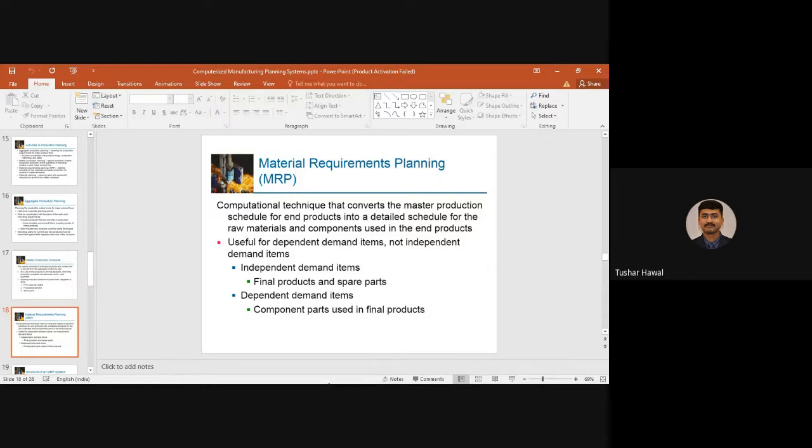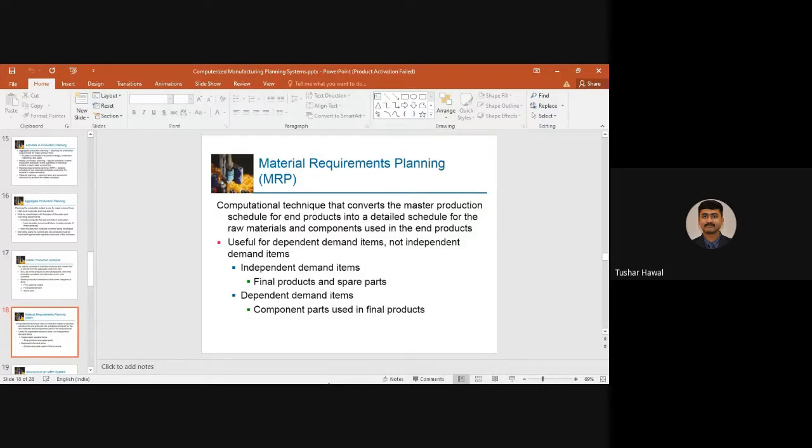So there has to be some schedule of when a particular tool, when a particular raw material has to come, in what quantity it has to come. All those things are based on the production rate that you are going to achieve. You need to make sure that the raw materials are available at each and every machine, because you should not stop for any particular reason.